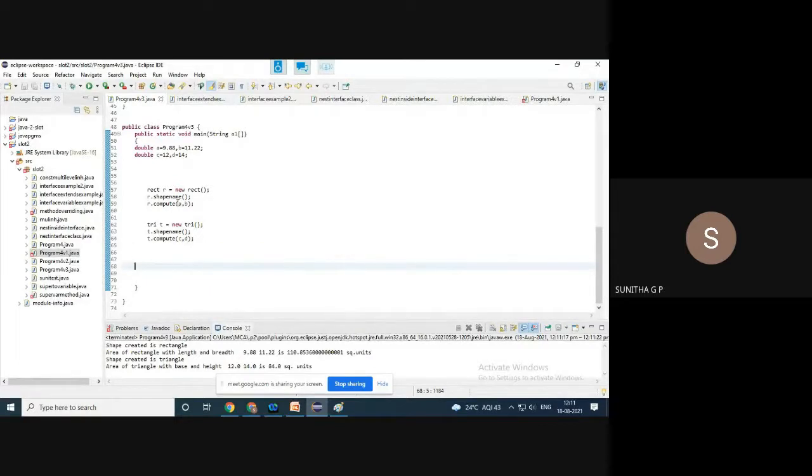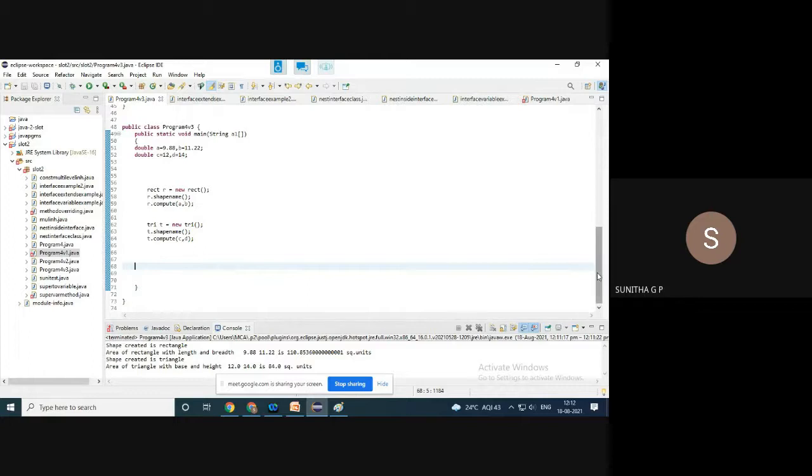different values. A is equal to a plus 1, or a plus 0.8 or 2.8, whatever value you want to increment, take that value. And B is also incremented, and C and D are also incremented. C is equal to C plus 2, D is equal to D plus 3, something like that you can increment, so that the required number of times you can create the object, and the area of those objects will be different. Okay, so to not take that input variable, I have just removed it.